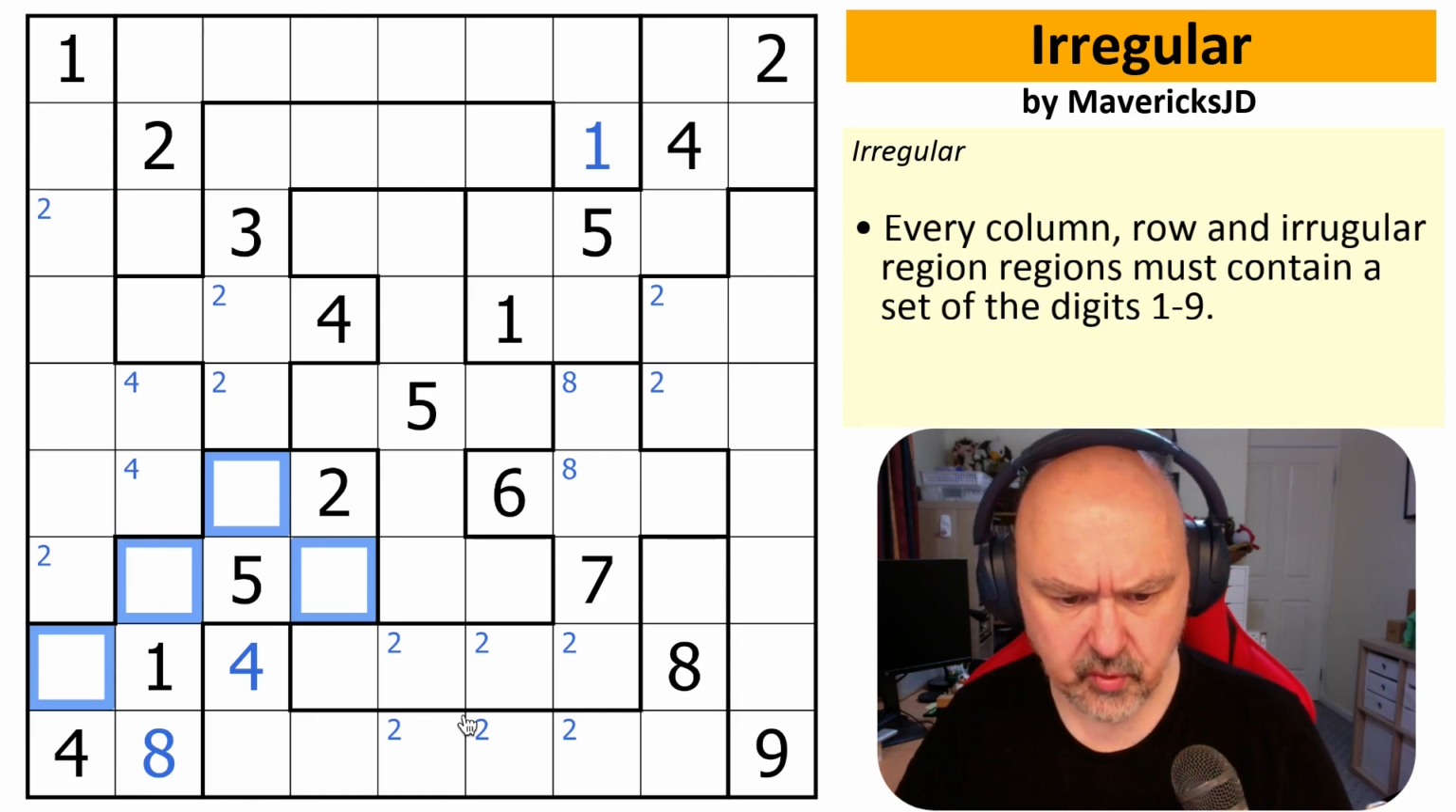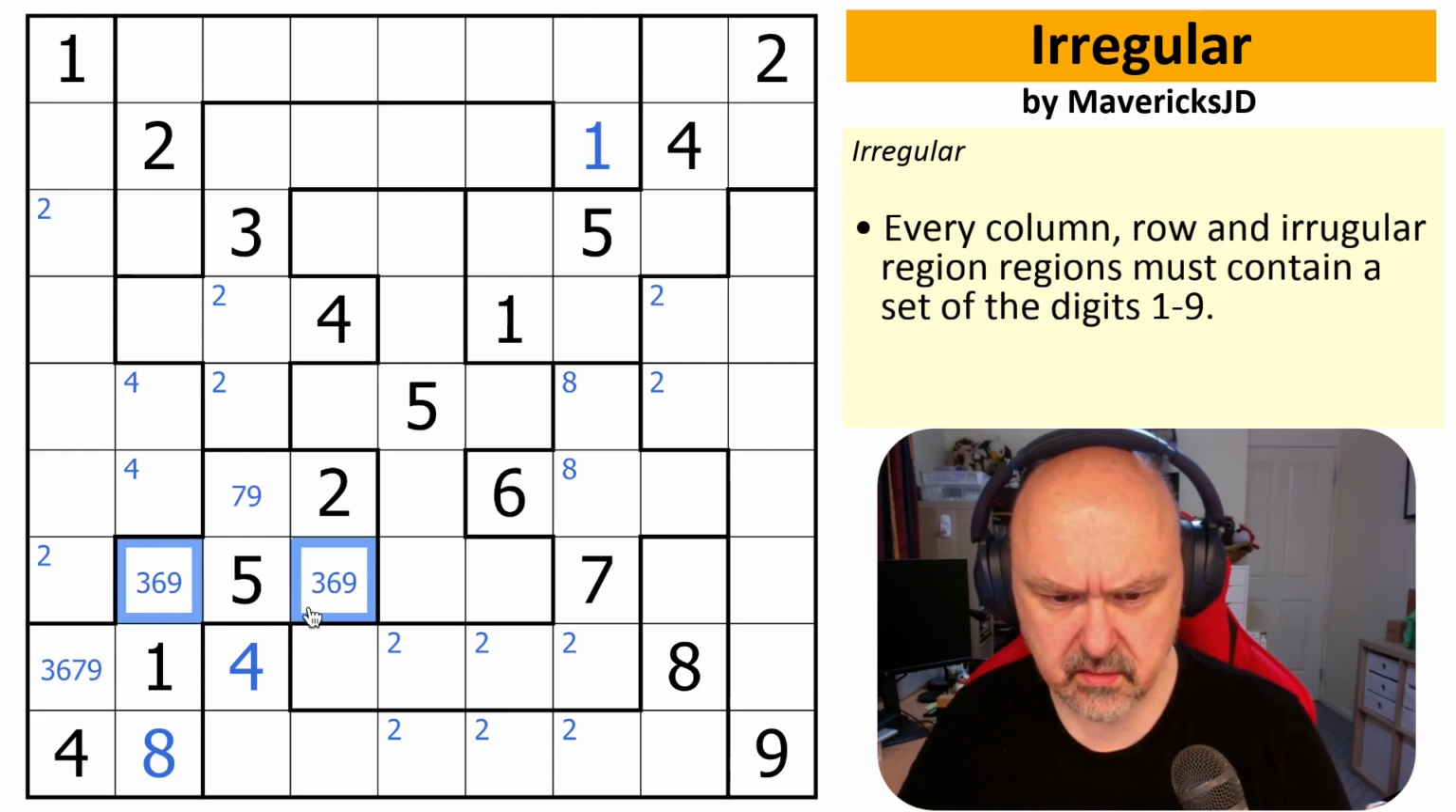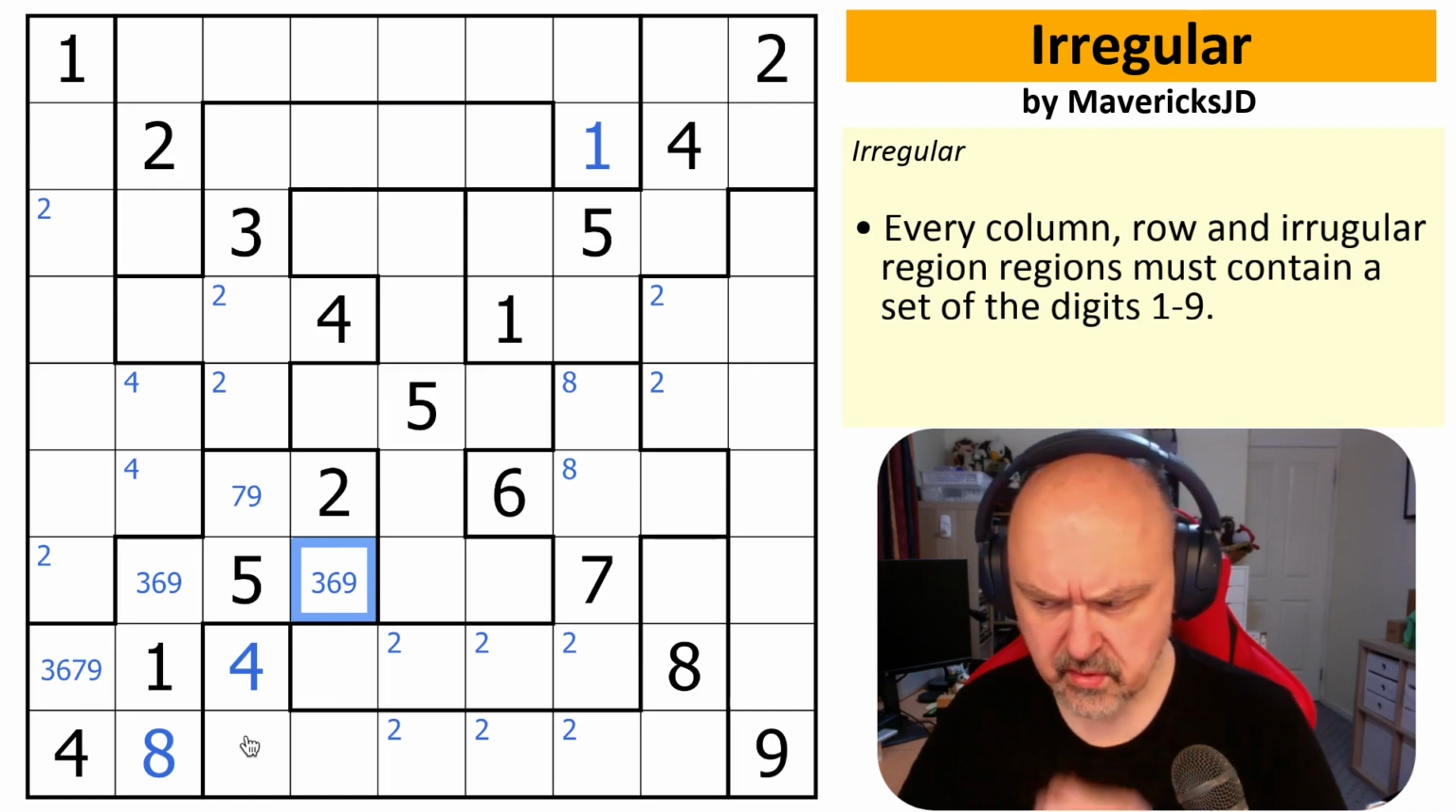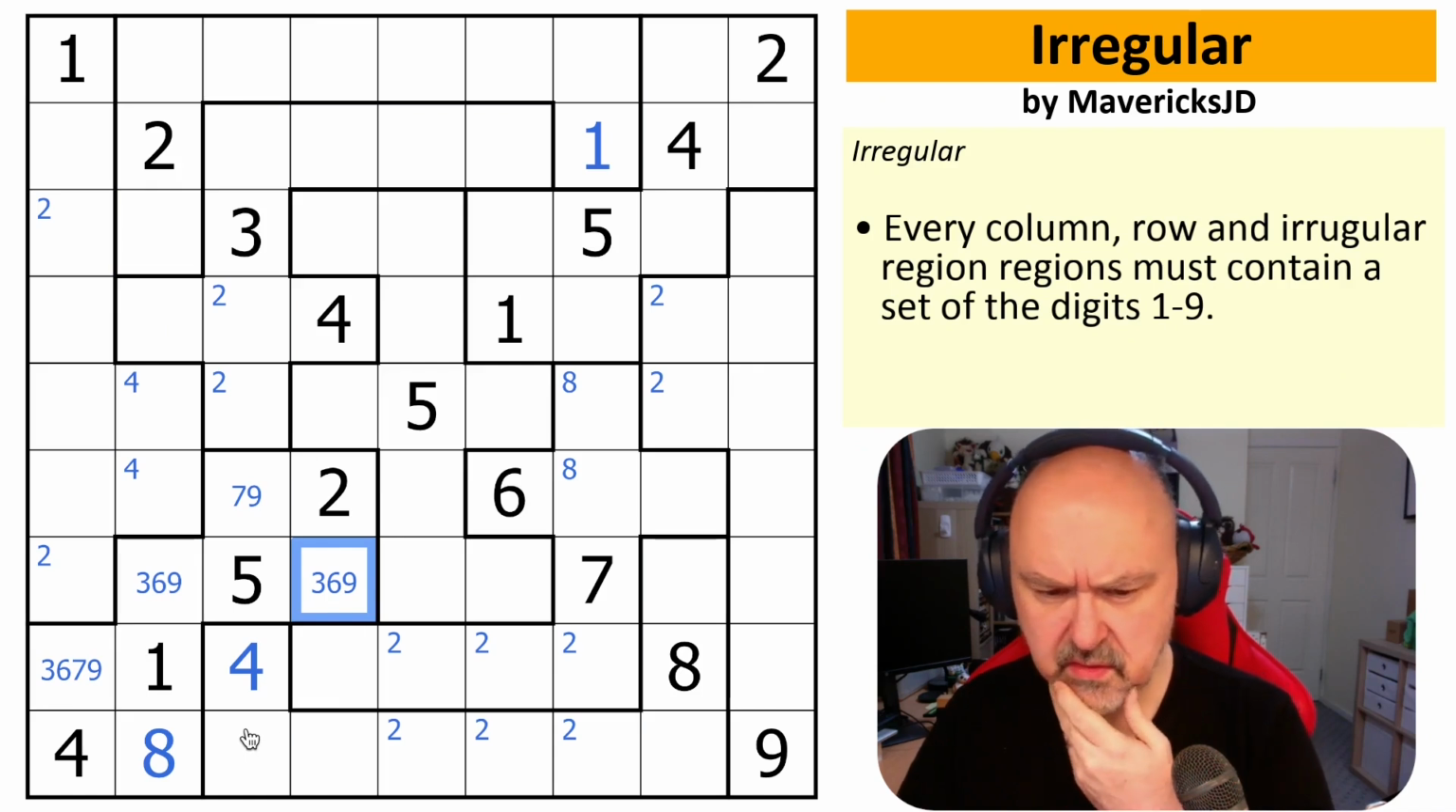And you know me, I'm always willing to mark quads. So that's 3, 6, 7, and 9. That can't be 3 or 6. They can't be 7. That was not as helpful as I might have thought. Now,